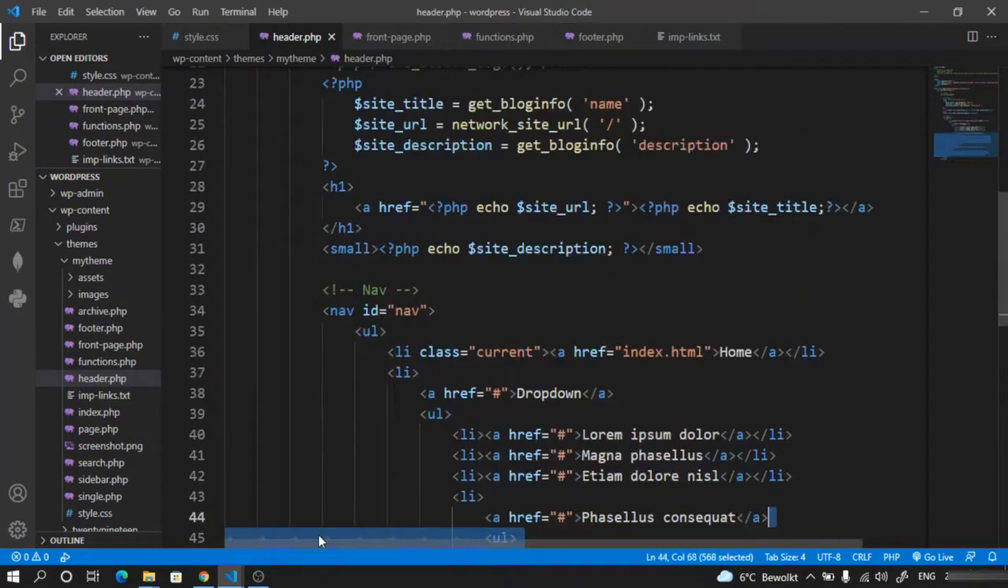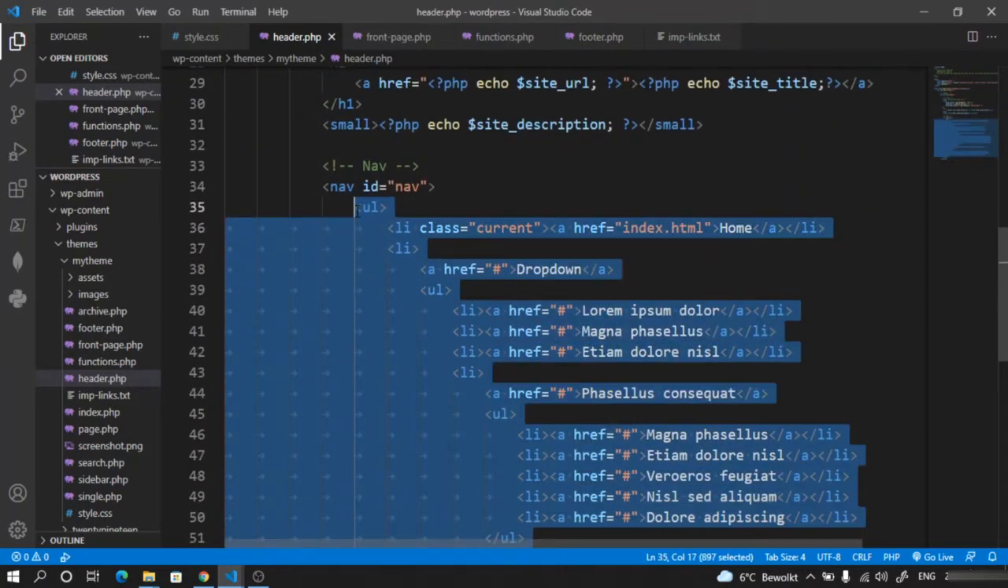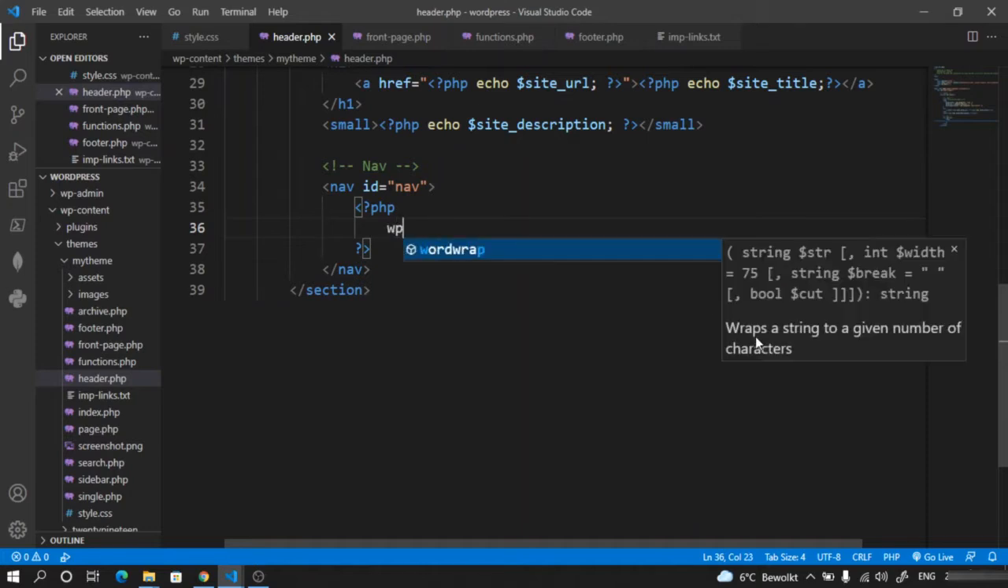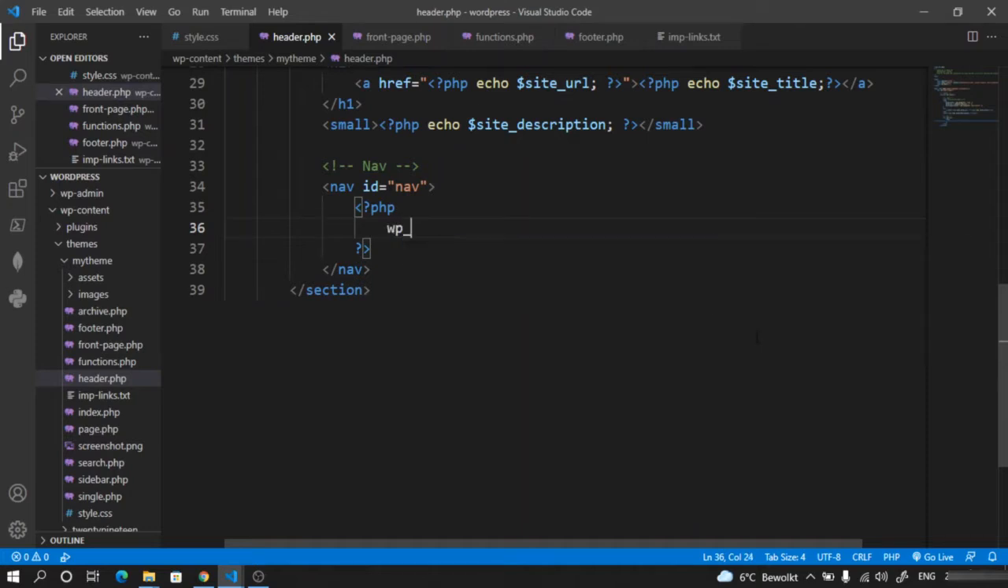So what I will do is first I will get rid of this. So we will get rid of this item, and then we will ask our WordPress to populate this menu items for us. And for that we will take help of another WordPress method, and that is wp nav menu,